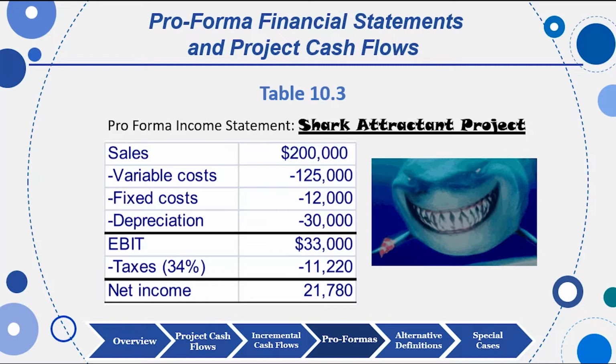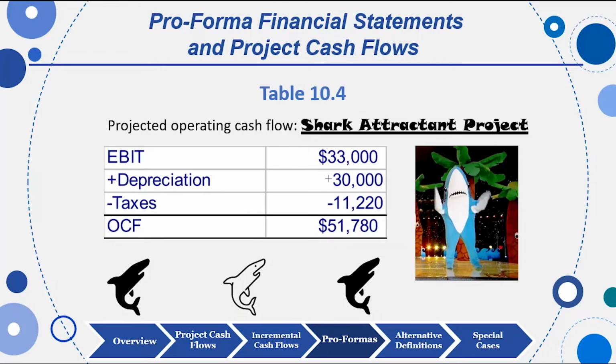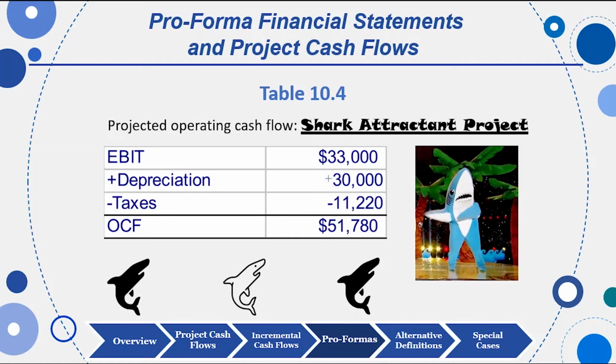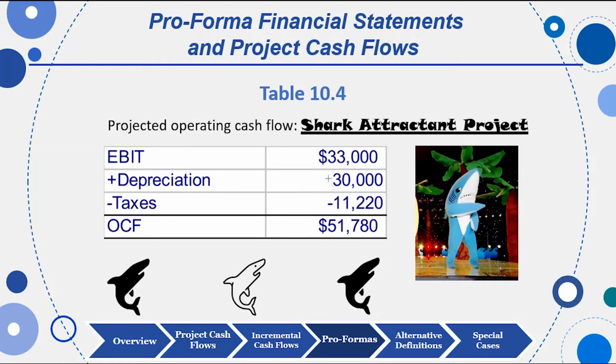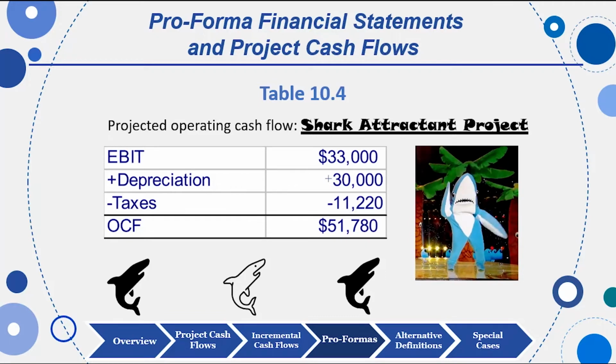That looks like an annuity. And that cash flow will come in for 3 years because we expect this project to last for 3 years. The safe way to calculate OCF is EBIT, $33,000, plus D, depreciation, $30,000, minus T, $11,220, and that should get us to the same number for OCF of $51,780. Remember, we add back depreciation because it's a non-cash expense, and don't forget it's a very effective tax shield. So there's our OCF, calculated the traditional way, $33,000 plus $30,000 minus $11,220 gives us that same answer as the